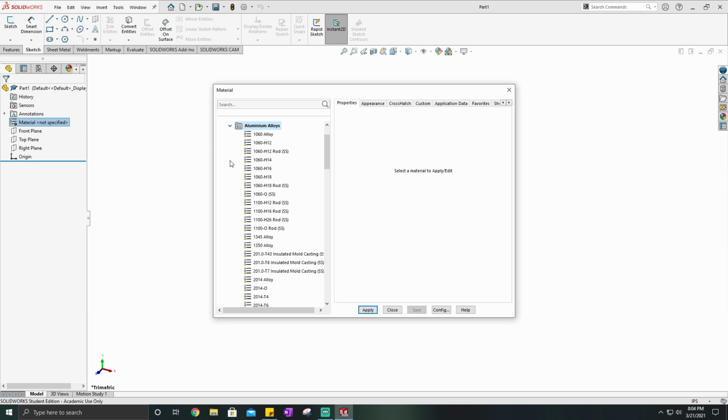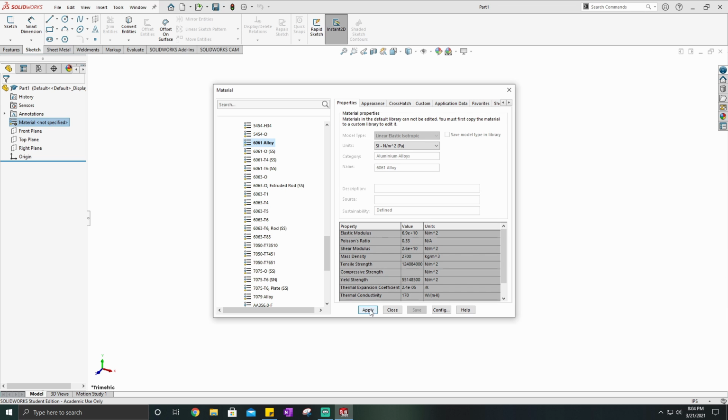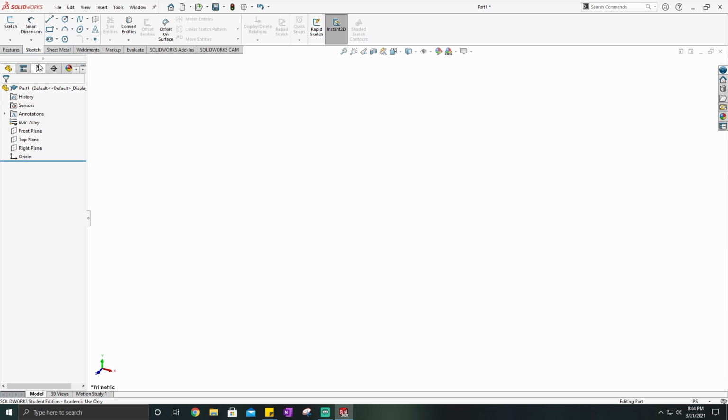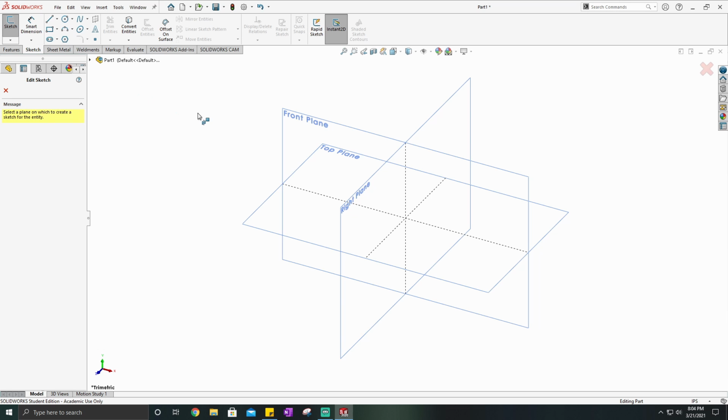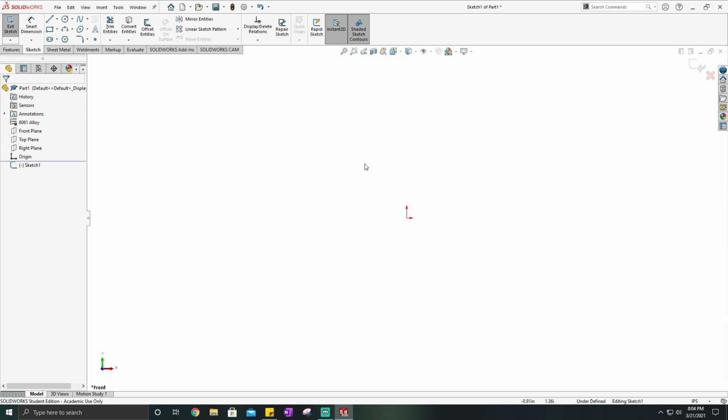Today I'm going to be doing aluminum. We're just going to do some 6061 alloy. Apply, close that. Okay, so I'm going to start out making a sketch. I talked about this in the last video. I'm going to make this on the front plane. So there I just clicked sketch, clicked on the front plane, and now I'm going to start out with a